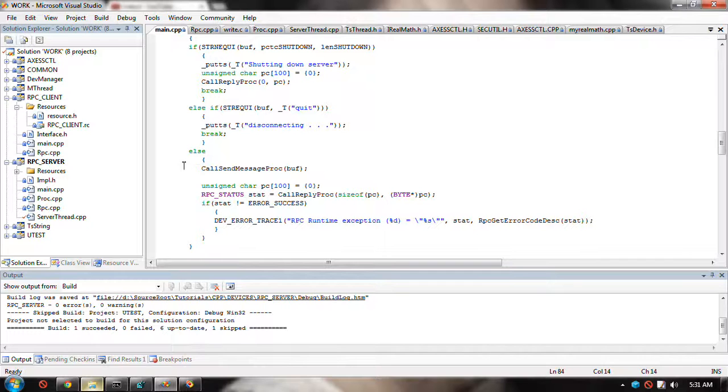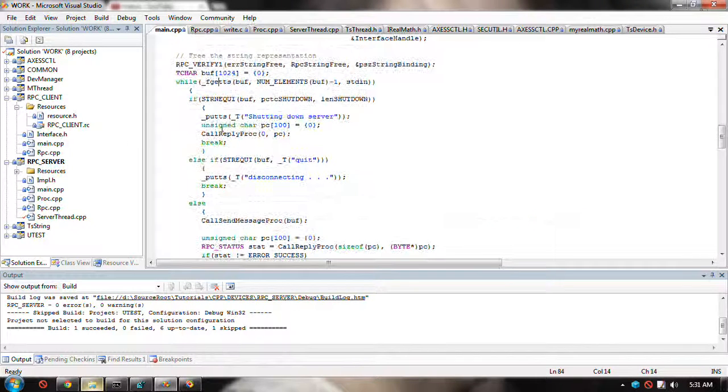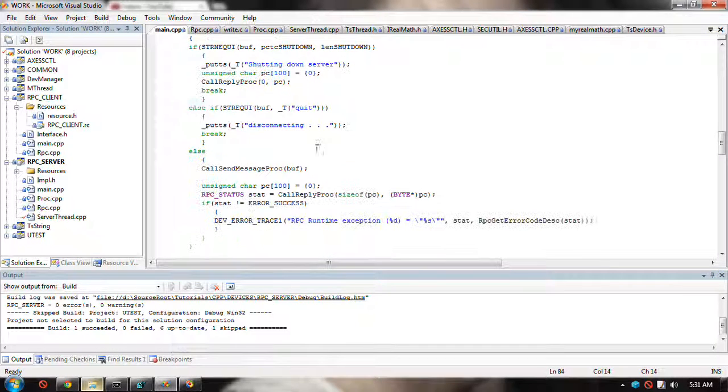And if I type in anything but the word shutdown or quit, then here that remote proc thing for receiving a message, I call the send message proc,